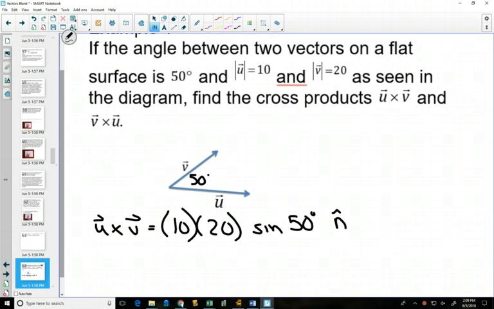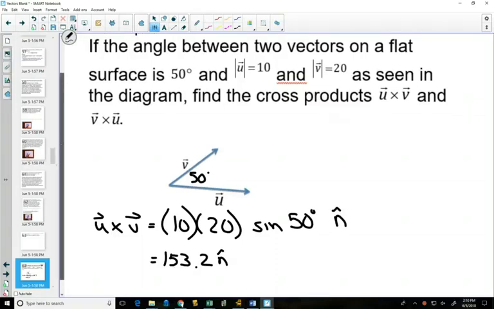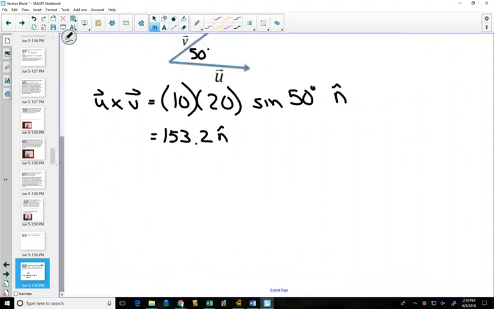And so if we multiply these values together, 10 times 20 times sine of 50, we get 153.2 unit vector n. And we introduce the unit vector n